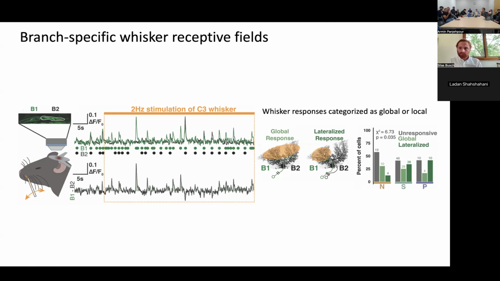Like when you have lateralized responses, that's kind of a single dissociation, right? You have one whisker that produces more response on one of the two branches. Did you find cells where, since you stimulated multiple whiskers, you could actually show that there's a double dissociation, meaning the other whisker would stimulate the other branch, and you could kind of